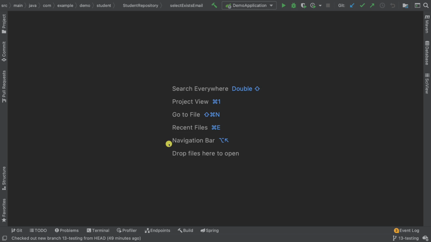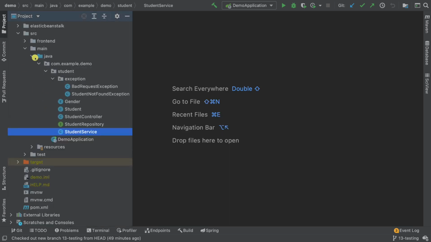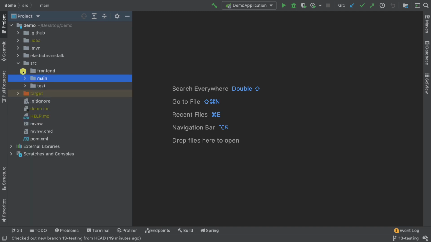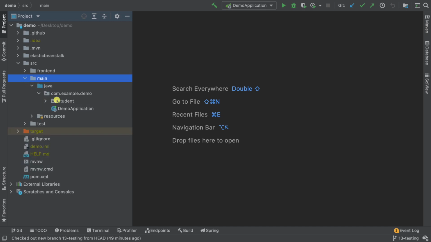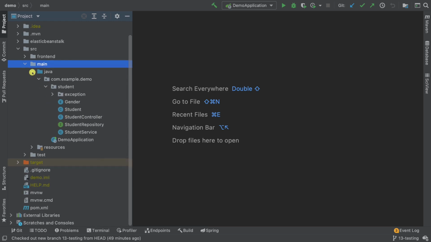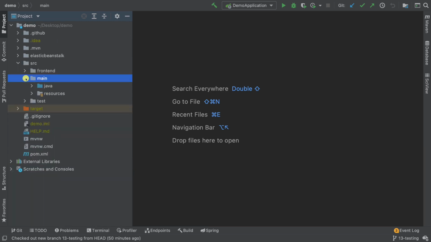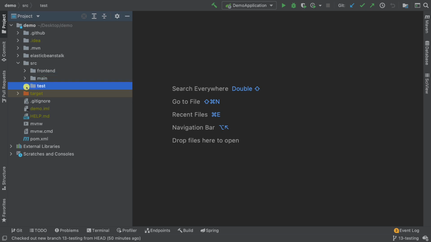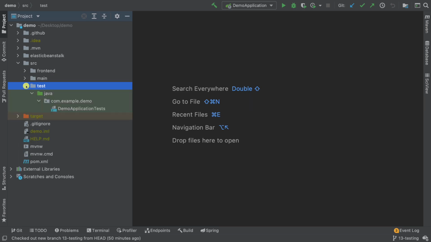In order for you to write tests for your application, if I expand the project tab, you see that the Maven folder structure is src, and then we have main. So this is where the main code lives, right? All of this you've seen. And if I put this back, you can see that we have main, and then we have test. So if I click on test, right here you can see that we have one